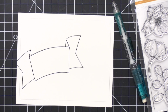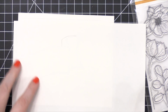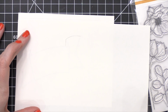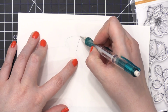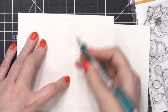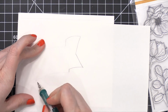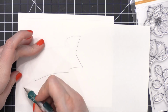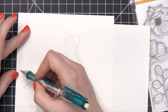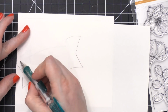So now I have some masking paper from Simon Says Stamp, and it's just thin enough that you can see the banner through the masking paper. It's a little bit hard to see on camera, but it was even more visible in person. It was just dark enough, those black lines, that I could see through and trace it with a pencil. So this mask is going to be a large portion of the design, and I want to make sure that